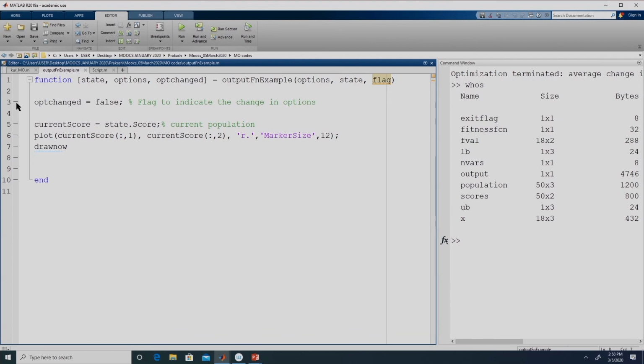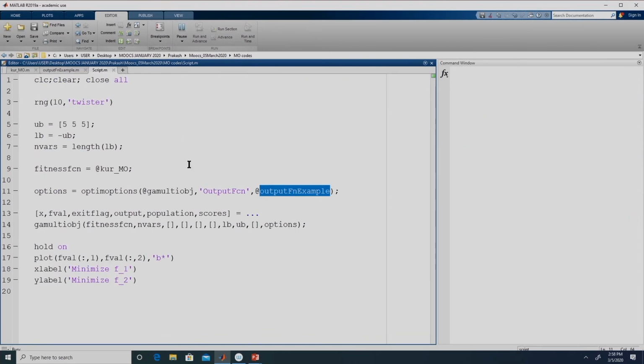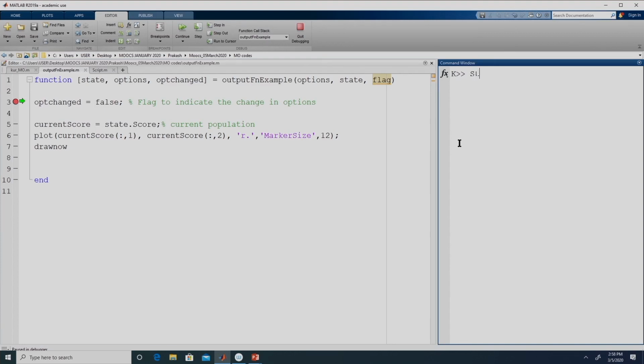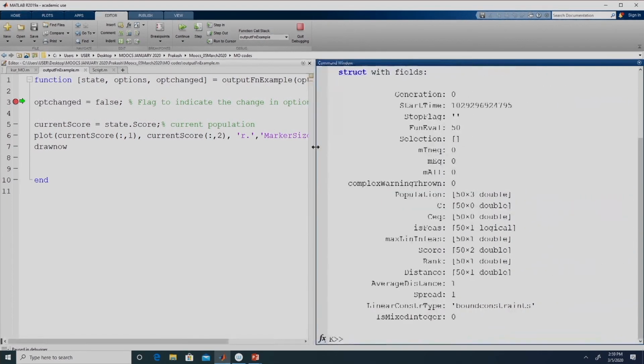Similar to last time, let us just put a breakpoint over here and execute this file. So, if we look at state, this is the 0th generation, and it has this score. Score is the objective function values.